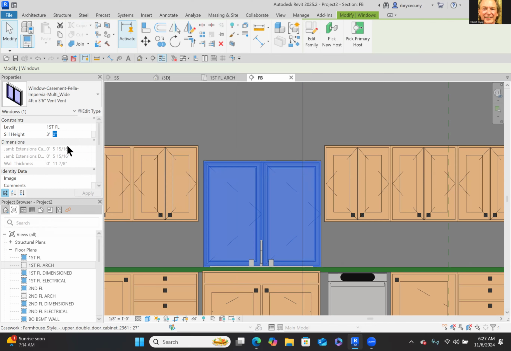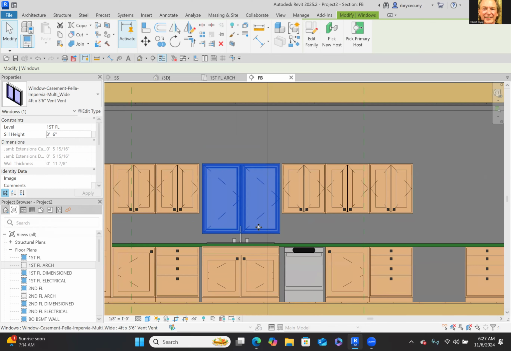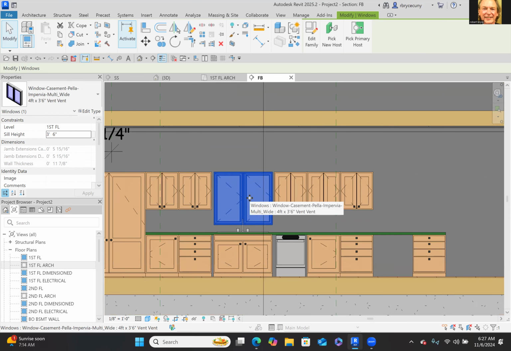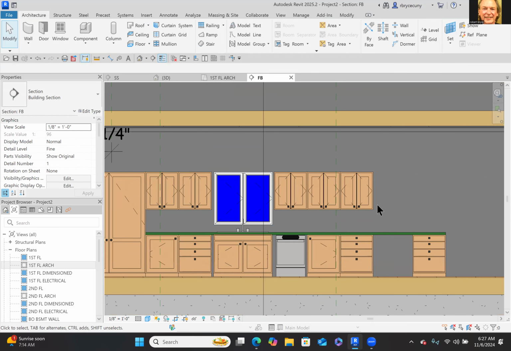Let's say we want the sill height to be at 3'6". Let's see what happens now. Yeah, see, I raised it up. So now the sill height is 3'6". That looks pretty good. We'll put a backsplash in here maybe in a little bit later, but let's save it. So the only thing left to do is to put some more cabinets